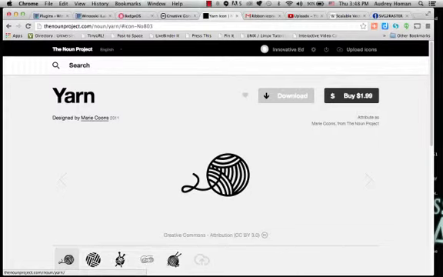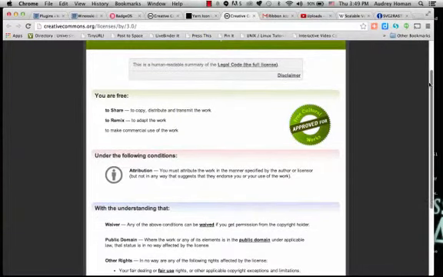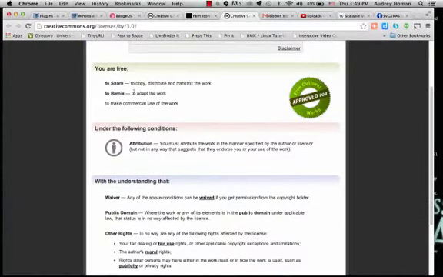These are all the images it's brought up. You'll see that this image has a download and a buy button. That's because it's released under a Creative Commons Attribution License. So you have the option there. I would click through and read what they're asking you to do. You're free to share and to remix, so that's what we'll be doing today, is remixing, as long as you